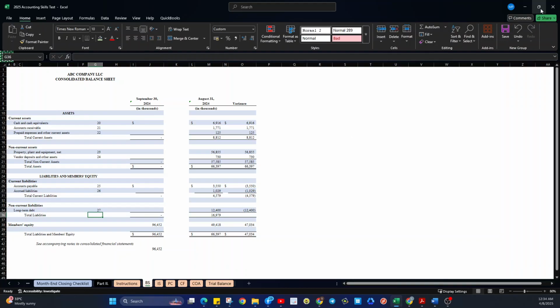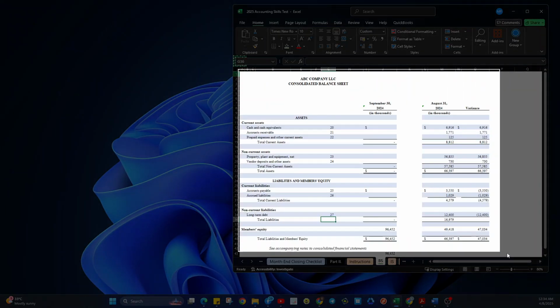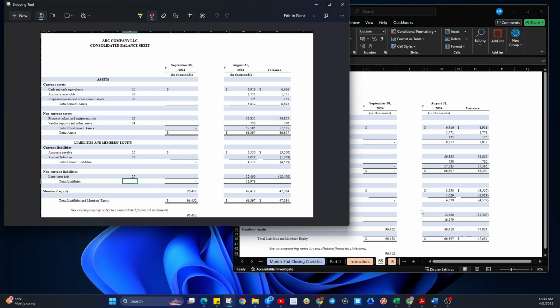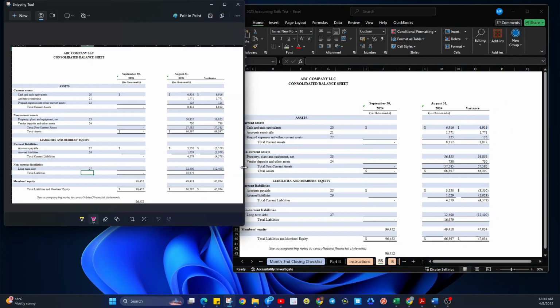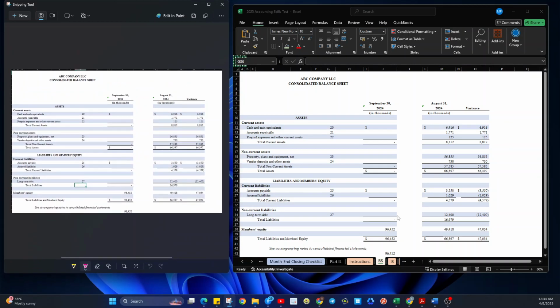So let's just copy this one. And then this will be helpful when we try to figure out the numbering for our trial balance.